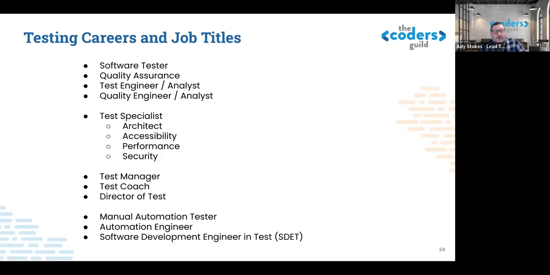Finally, I said I'd talk about testing careers and all the different types there are. So the top group are standard software testing roles: quality assurance, test engineer, quality engineer or analyst. You get different specializations like a test architect, an accessibility specialist like myself, performance engineers or security testers. More recently, you're getting people who specialize in API testing, which is quite interesting. There are some test management roles there. And then we have